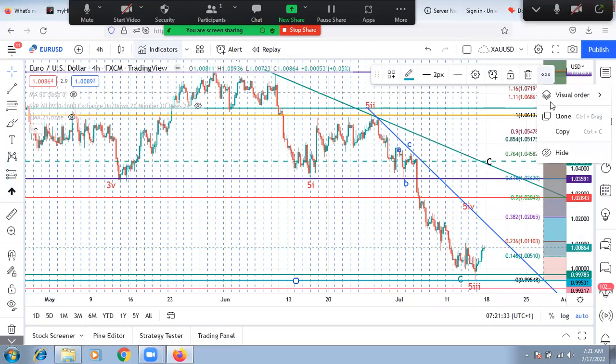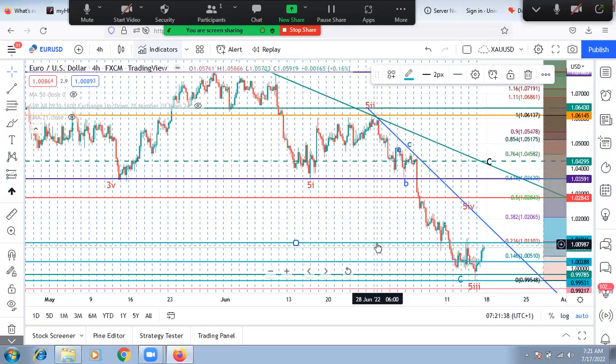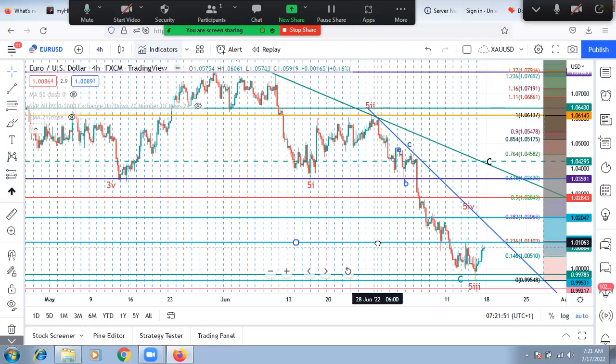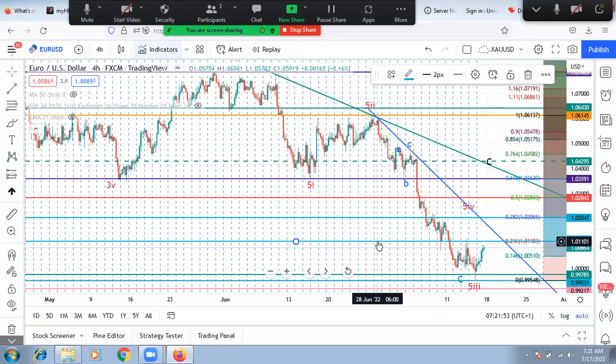this wave can correct 4 up to this area, which is 38.2, that is expected, or it can be a shallow correction of 4 up to that level. But if we expect that we are done with 3 completely and the internal structure of 4 completely, internal structure of 3 of 4 of these 3 is done, and that we are doing a big 4,